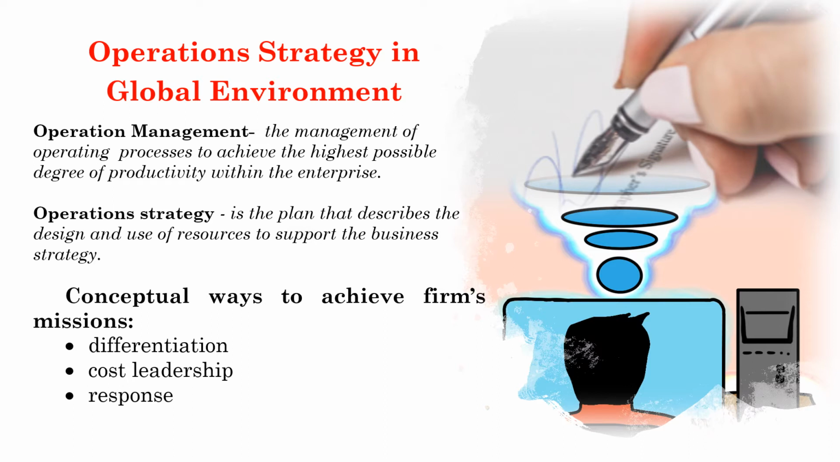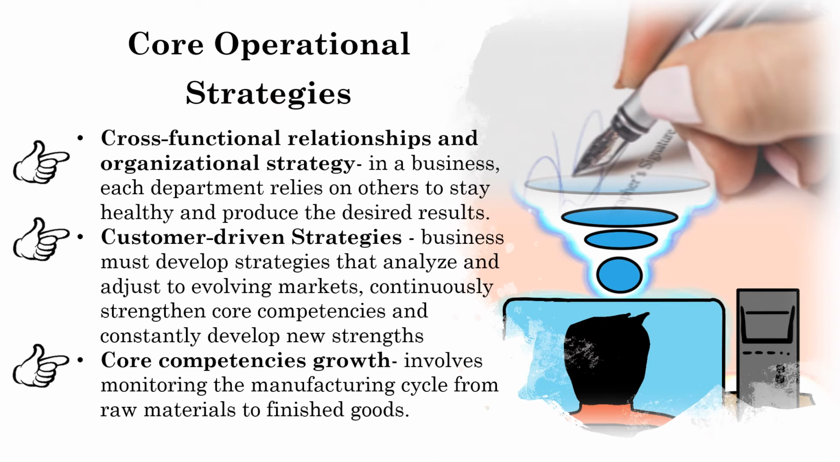Any one or combination of these three strategic concepts can generate a system that has a unique advantage over the competitors. The core operational strategies: cross-functional relationships and organizational strategy. In business, each department relies on others to stay healthy and produce the desired results. If we say customer-driven strategies, to satisfy the needs and expectations of the target group, the operational strategies should involve